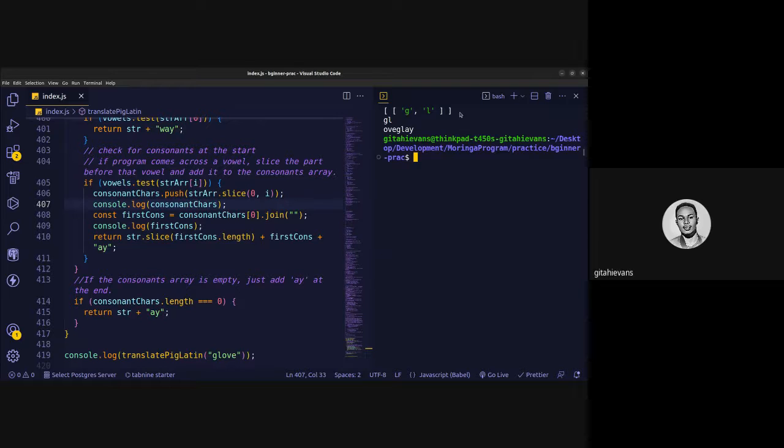So you can see here, it's in the form of an array, G and L. But when I join, we get G and L in the form of a string. So when you slice, the first const dot length is 2, right? Or what is the value there? Because on line 410, you're saying string dot slice, and then the first argument you're passing in is